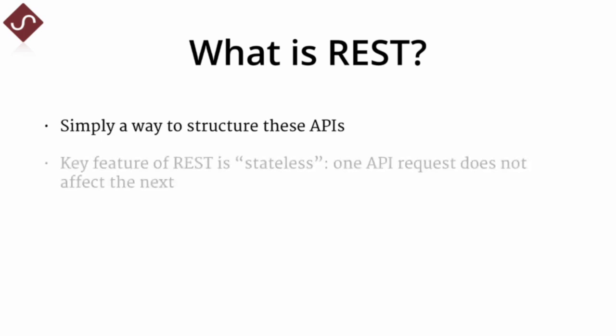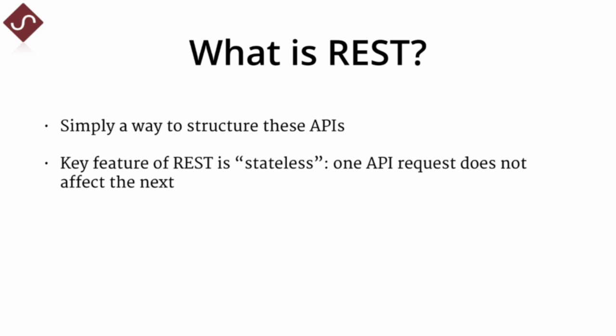One of the key features of REST is that it is stateless. And what this means is that one API request does not affect the next. Evidently, if you delete a user, you wouldn't be able to get it the next time, but what this means is you can't chain requests in REST. Each request is independent, and it does something. So if you ask to delete a user, that user will be deleted. If you ask to get a user, you will get the user back, but it won't affect the way that